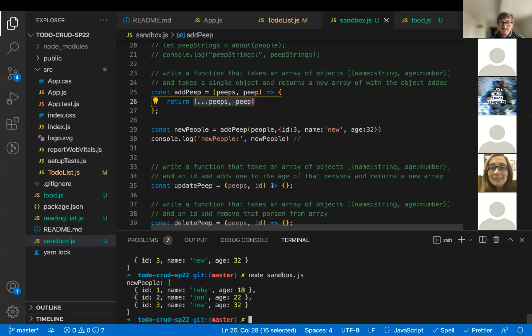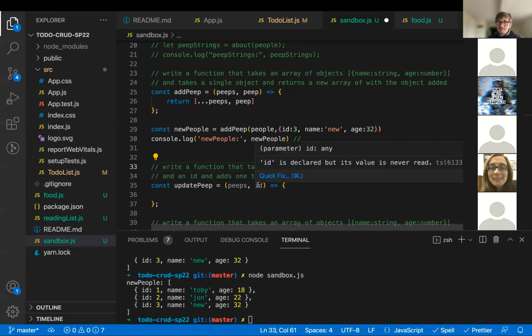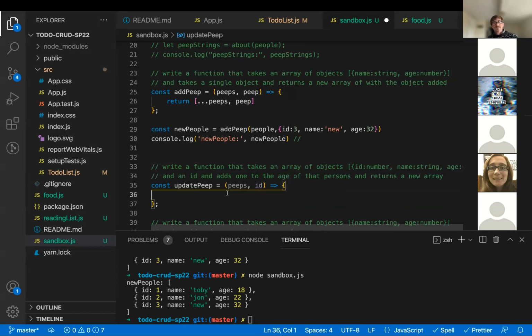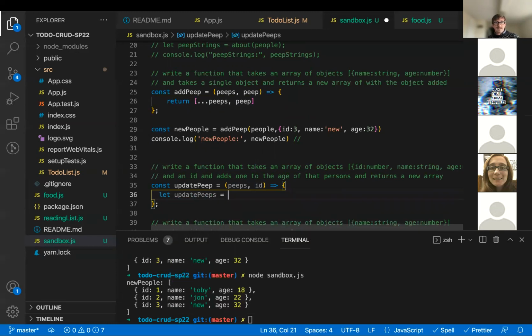Let's go do update peep. So this takes an array of objects, and this should have an ID that's needed in here. It takes an ID and adds 1 to the age of the person. So it finds the ID and then it adds 1 to the age. So, let updated peeps equal,